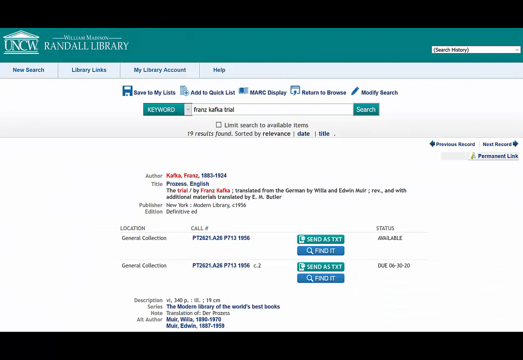As you can see from this search, Randall Library owns 2 copies of this edition. One copy is currently checked out, and the other should be available. The Library of Congress call number for this book is here, PT 2621.A26 P713 1956. You can write down the call number, take a picture of the computer screen with your phone, or